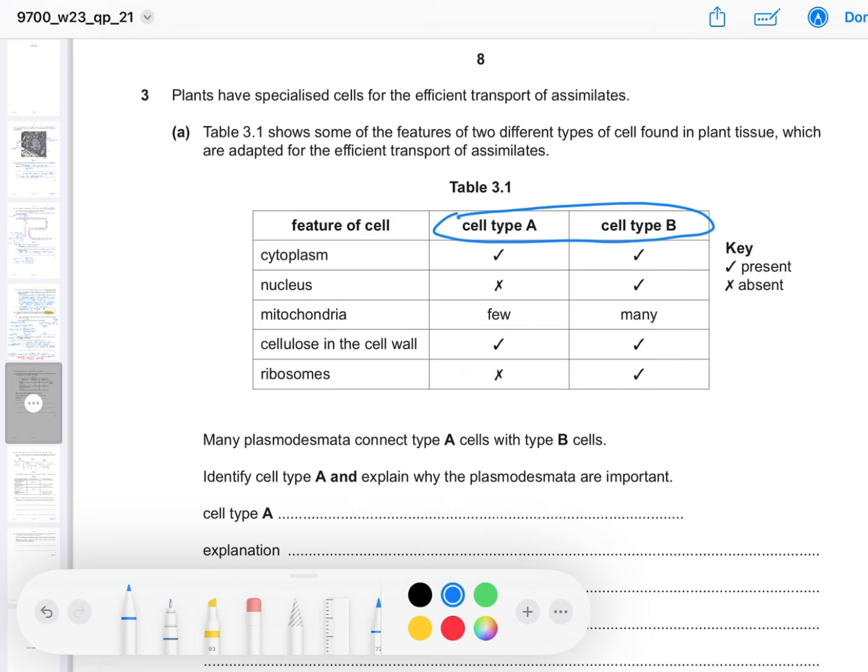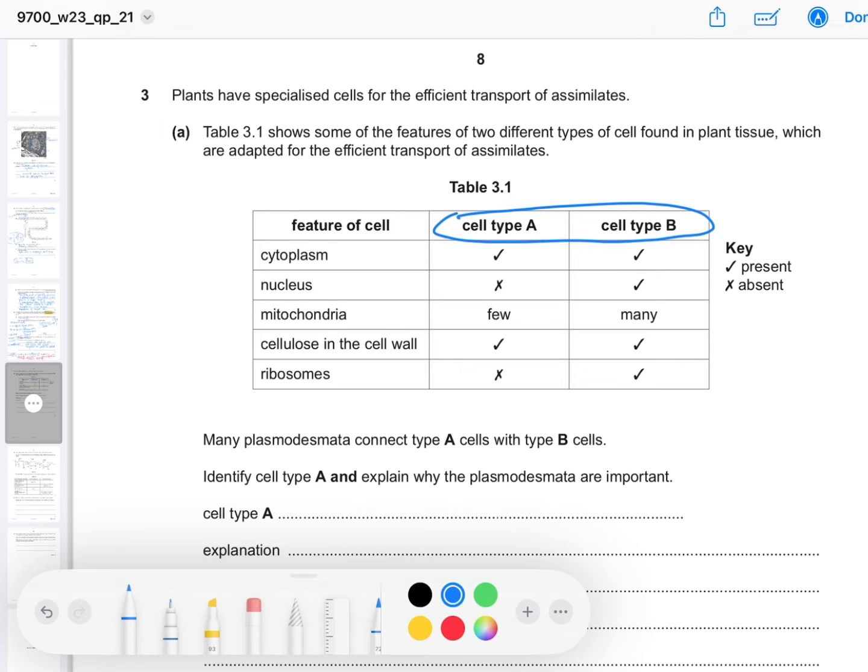Identify cell type A and explain why plasmodesmata are important. So the two types of cells found in phloem sieve tube are sieve tube elements and companion cells. Sieve tube elements are where the main flow of assimilate occurs, or this is where the organic compounds will flow through, whereas companion cells have two functions. They control the metabolism of sieve tube element, and they also aid while loading and unloading of sugars